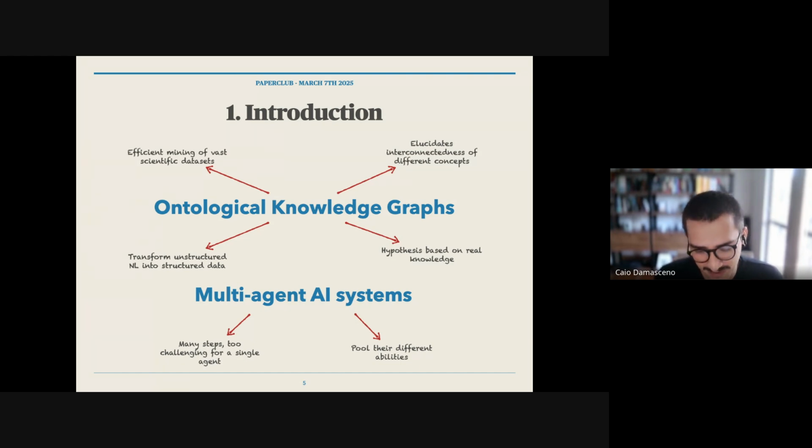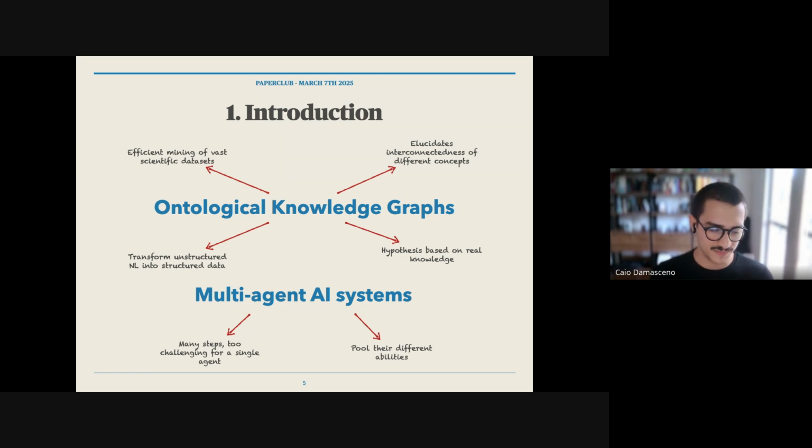And I think it's interesting that it works the same way for AI agents as well. One AI agent will not be enough to bring actual specialization in everything you need for a scientific discovery. So you need many steps for bringing a new hypothesis, a new theory.